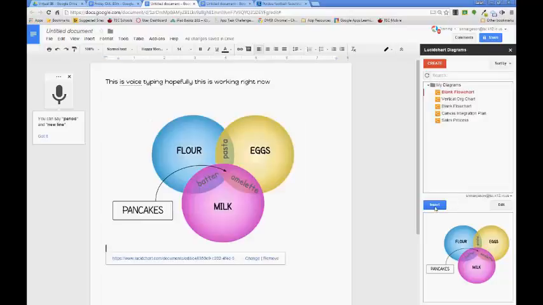With this add-on, you'll create it on a separate website and then it will pull it in for you. So a few steps that you don't have to worry about now are creating on a different website, signing into the other website, downloading it, and then uploading it back into Docs. You will just click this create button here and it will take you out to that website, and when you're finished, it will show up here in your diagrams. So I'm going to go to create,